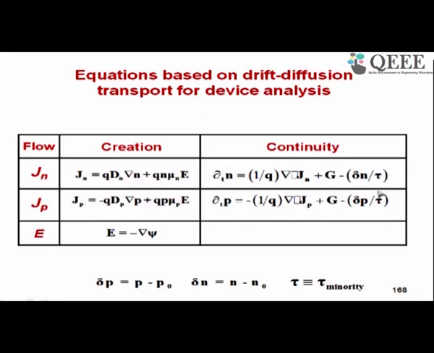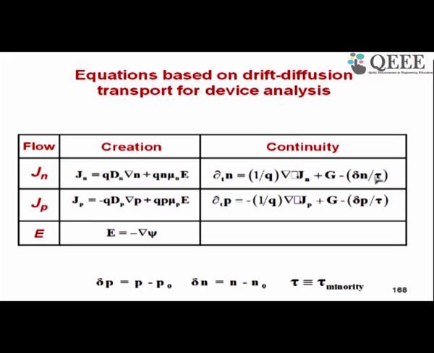So here let me tell you the terms. Left hand side is variation of electron concentration with time. This variation can be contributed by current flow into a region, or generation within a region, or recombination within a region. Okay, that is what is the continuity equation.